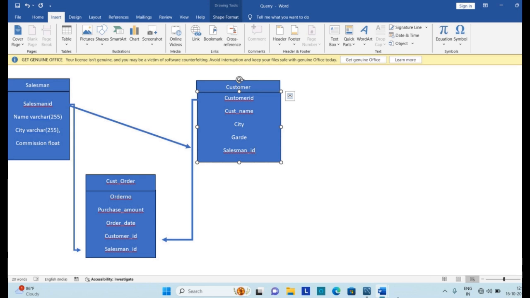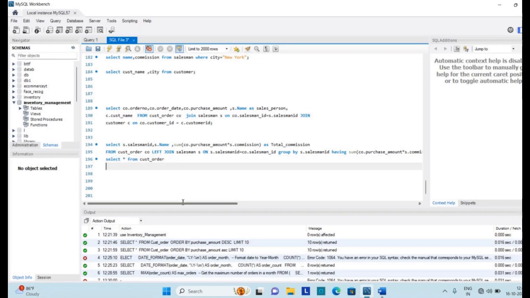So we will simply write here a simple query: select star from customer order, and what we want is the top 10. So for top 10, we will write order by.